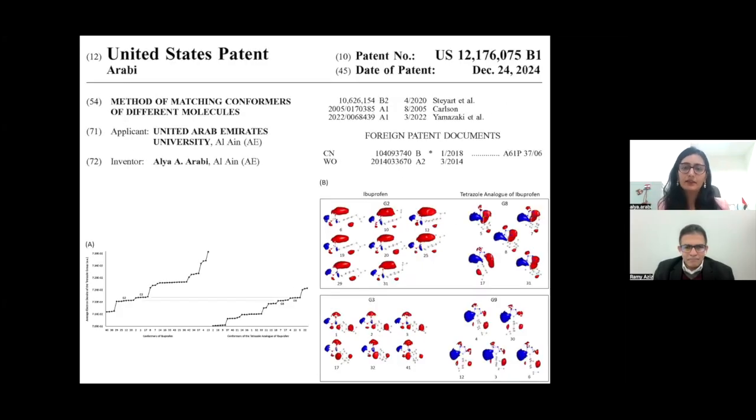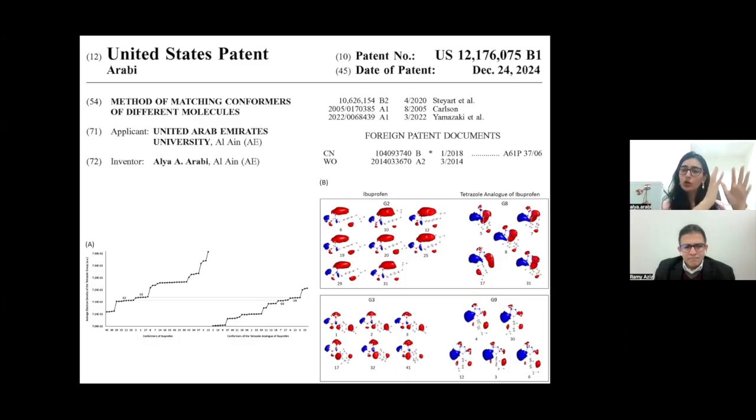The second patent is one step more advanced, where we borrow the fact that the tool can classify conformers, and after this classification, we replace part of the drug with a bioisostere. A bioisostere means a group of atoms that are taken from the original drug and replaced with another group of atoms. This is done in the hope of optimizing, like I mentioned above, the lead optimization. You have a drug that works, but you want to make it better. So here, what we are doing is bioisosteric replacement.